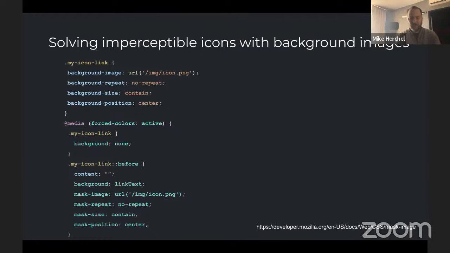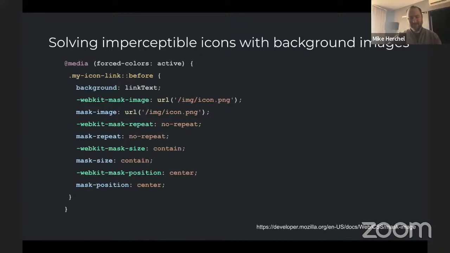In much the same way, what we do is we have the background be a named color, like link text or something like that. Honestly, you could probably use current color here if you want to. And then the mask image will limit the color that shines through to just the opaque parts of the image. And this works pretty well. It's kind of a complicated idea to get your head around, but I'm hoping I'm explaining it right. If not, use the ID24 hashtag and be like, Mike, what the heck are you talking about? There's a couple caveats on this.